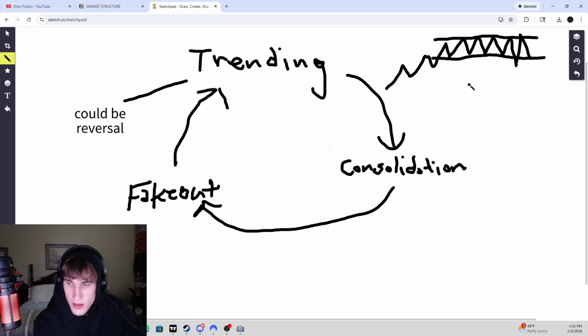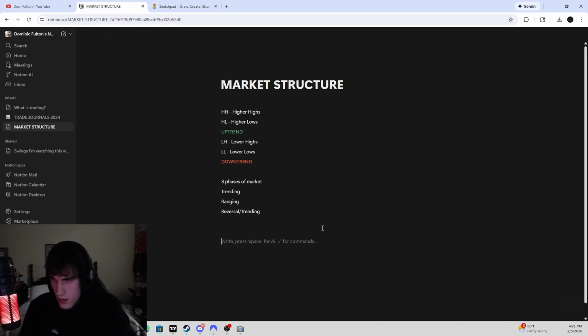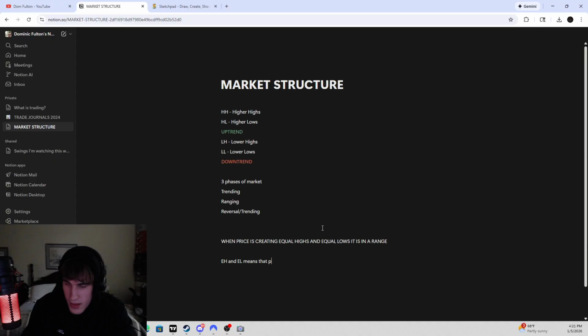it's in a range. I don't know if I might have went over that, but you need to write this down. This is very important. When price is creating equal highs and equal lows, it is in a range. What does equal highs and equal lows mean? Equal highs and equal lows means that price is stuck between two levels, or